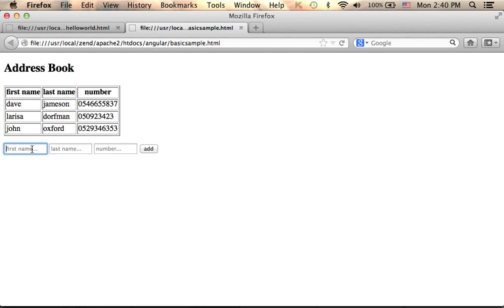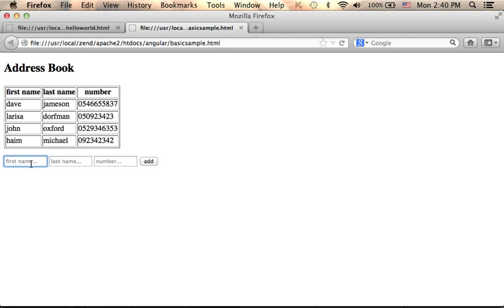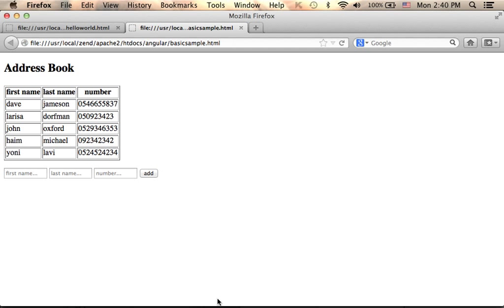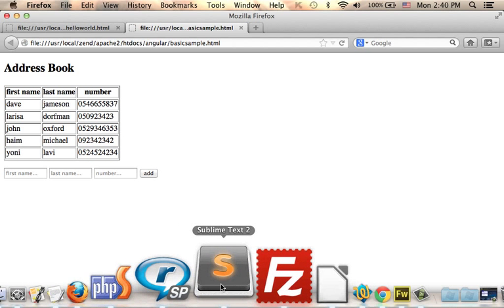Here in this code sample, we have a simple AngularJS application. As you can see, it is an address book. We can add new contacts. Now, if we take a look at the code behind,